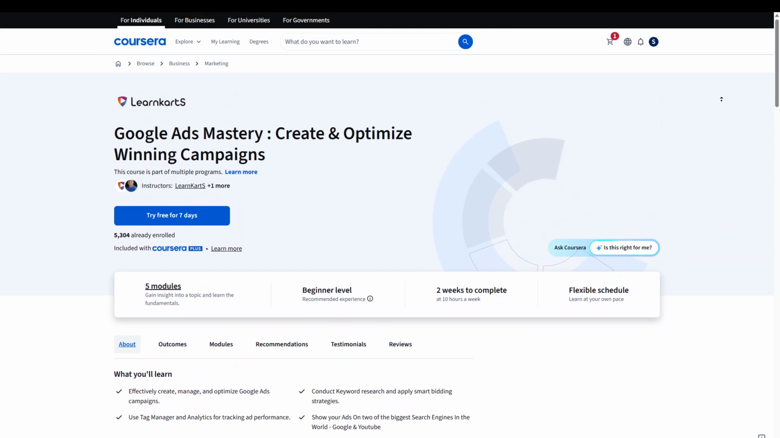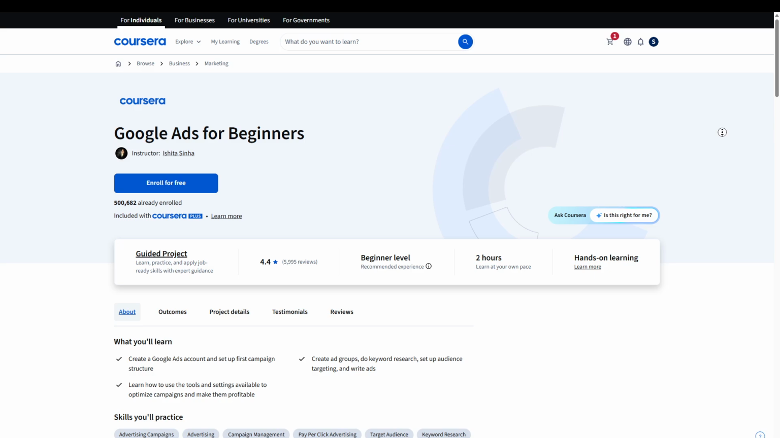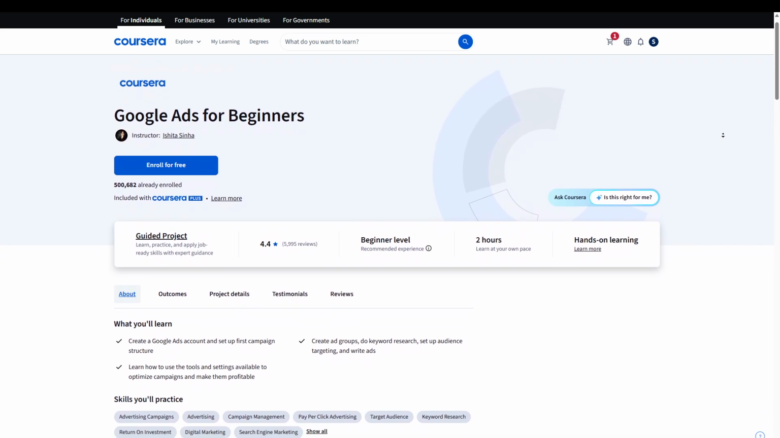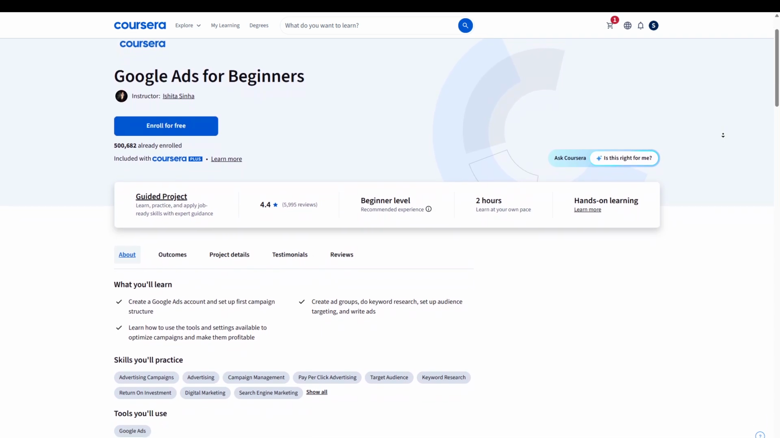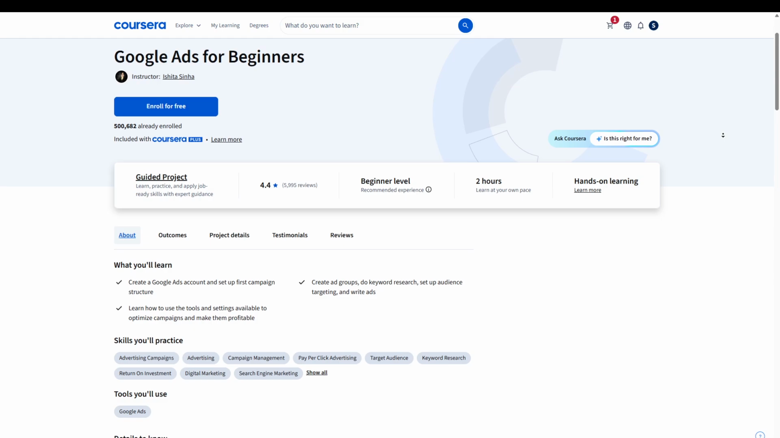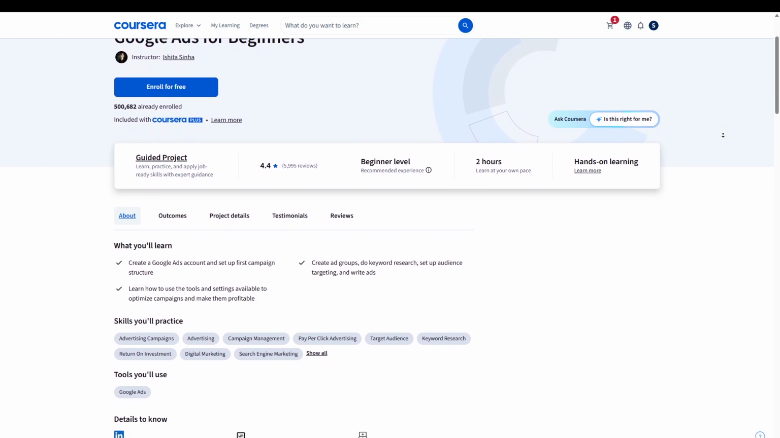At number 2 is Google Ads for Beginners from Coursera. This free guided project has a 4.4-star rating and more than 6,000 reviews. In less than 2 hours, you'll learn how to create Google Ads campaigns, perform keyword research, target the right audience,